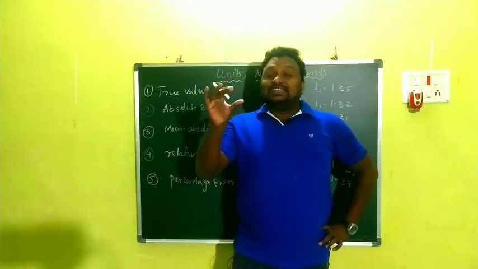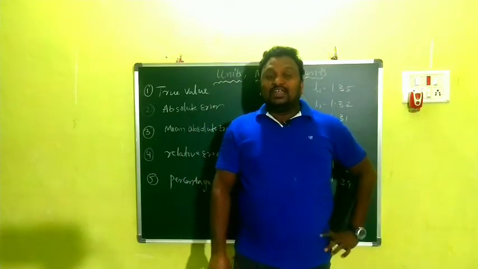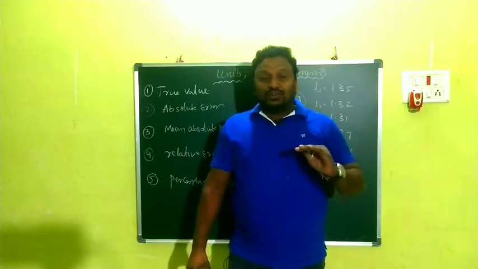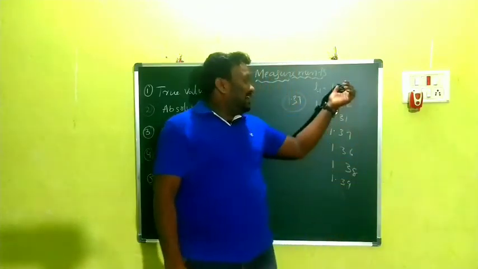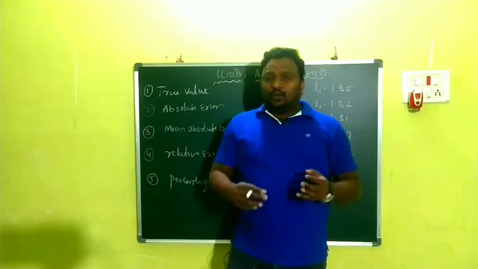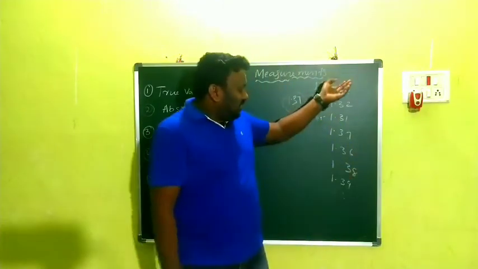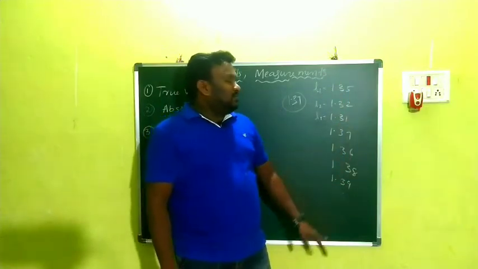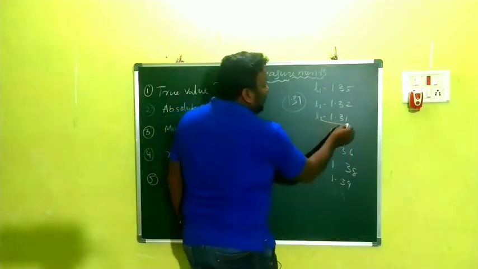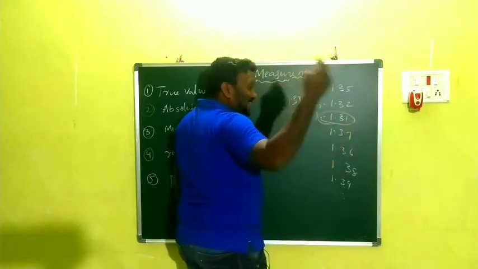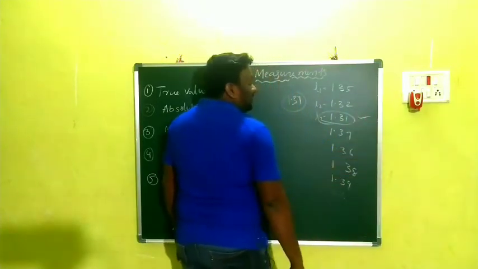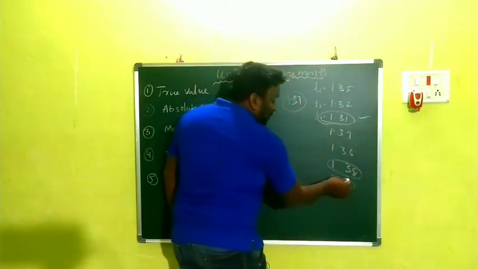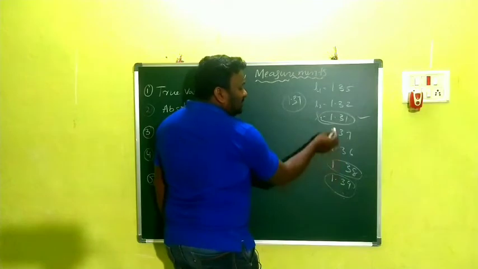So while we are taking a number of observations, we are getting different types of values. There is no similarity; one is not equal to another. Every time we are getting different values, so we do not fix. For example, here we don't know the true value. Here one point is taken, 1.31, without taking any mean value. You can take 1.31, 1.38 and 1.39. Somehow a mistake, an error, is there.